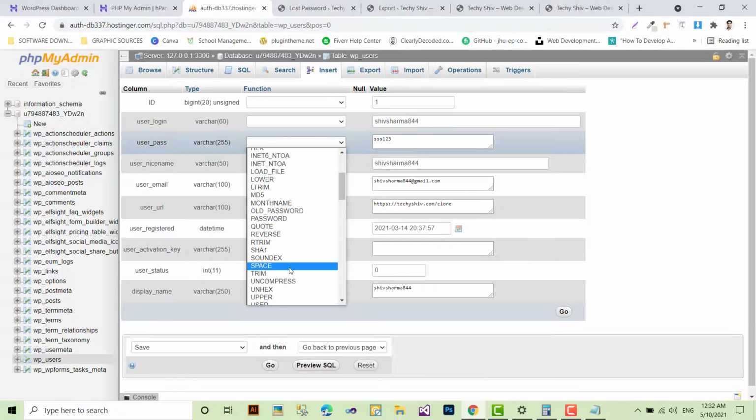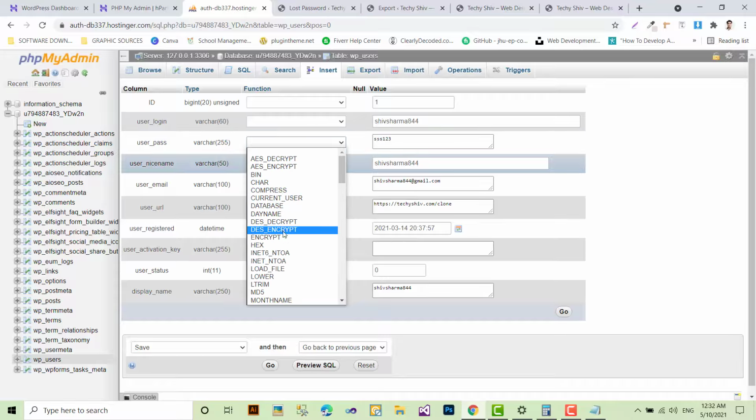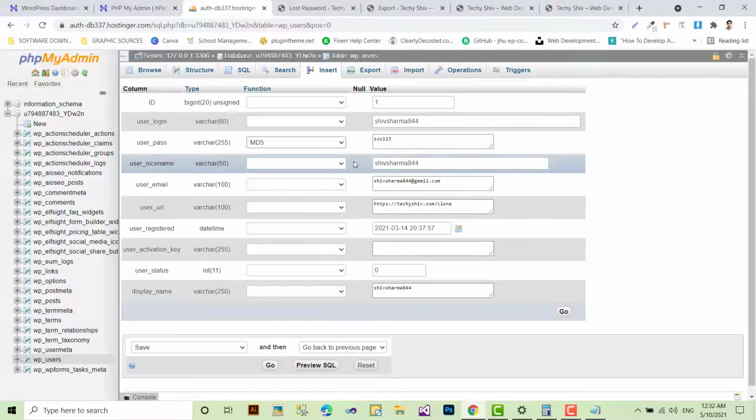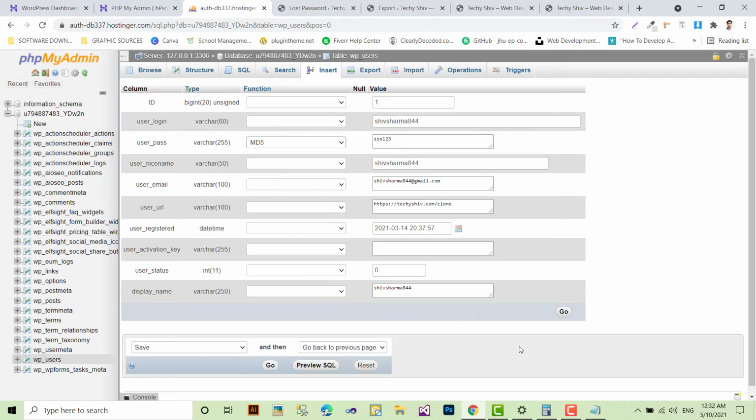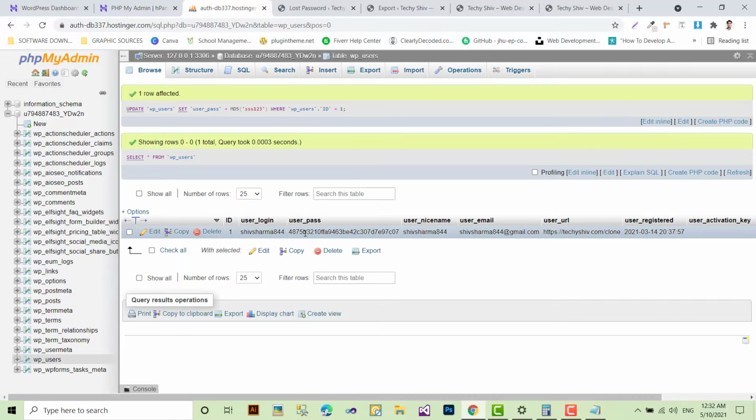Suppose I am showing this one, method MD5. You have to select the encrypt database function, search MD5, and then you have to click on Go. Now you see, the triple S password is changed.